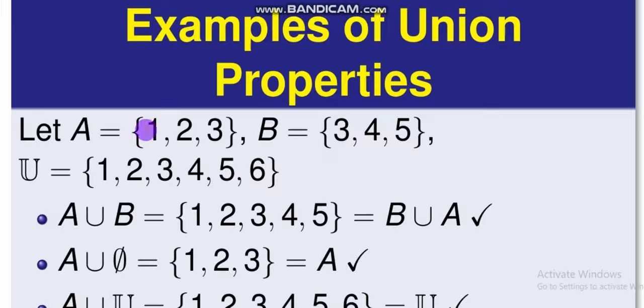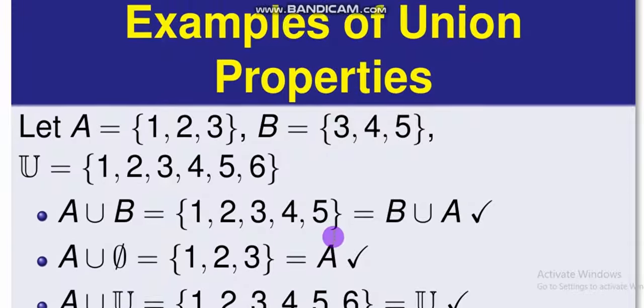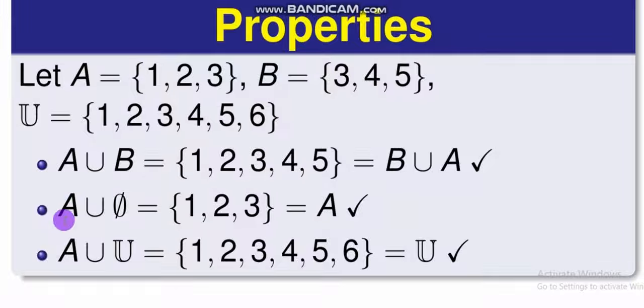So eventually I will go back to A and take 1 and 2, begin with them before considering these 3, and finally I have 4 and 5. So my result will just be the same. Then here is